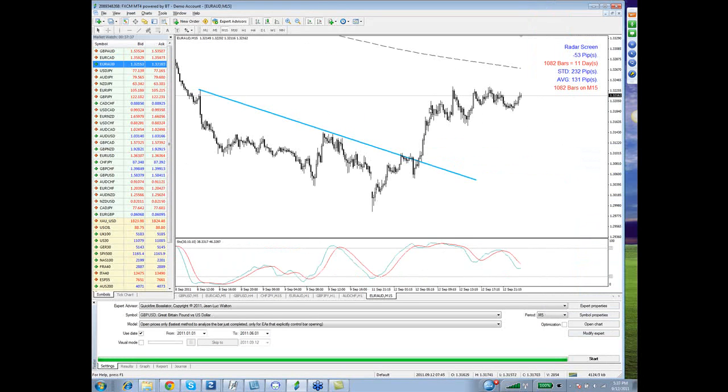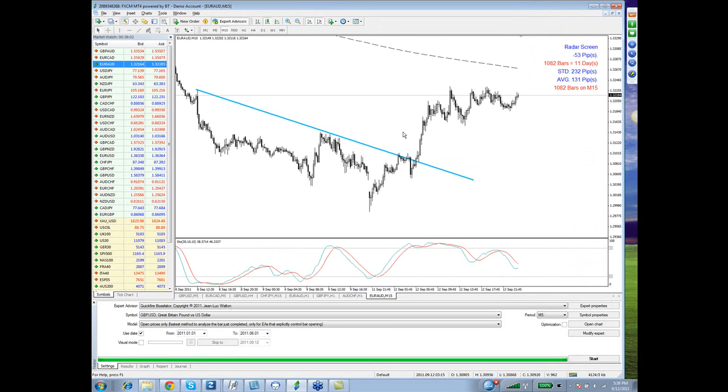So for those of you watching the recording, what we're looking at right here is a 15 minute Euro Aussie chart that looks like the 5 minute Euro Canadian chart that we just saw. And in each case, there's a trend line that in the Euro Canadian's case has not yet been broken. And in the case of the Euro Aussie, it's already been broken and the currency pair has already made its way up toward the 800. One is an example of something that's on the way to finishing up right now.